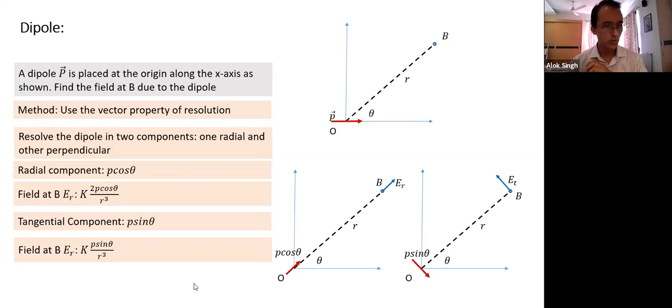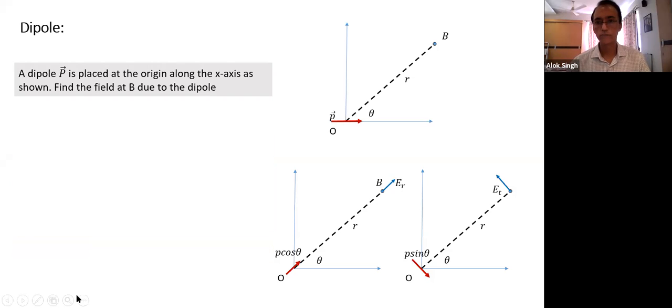We can find the magnitude, and we can also find the direction it will make with the radial vector. If OB is the radial vector, we can find what angle it will make with it. Two mutually perpendicular vectors, a simple property, and we can find the resultant. Let's do that part also. These are the two: E_R, the radial component, and E_T, the tangential component, and the resultant field.